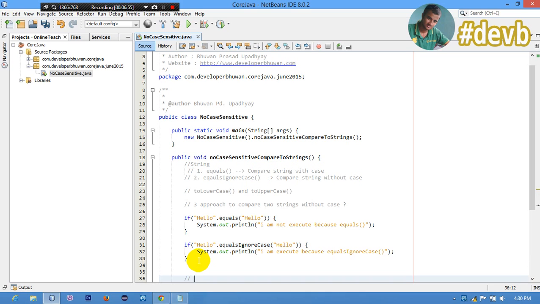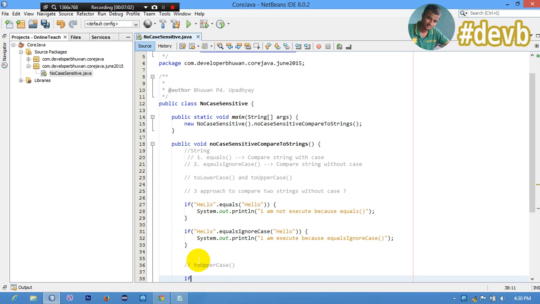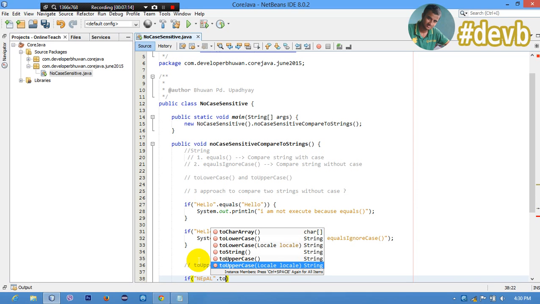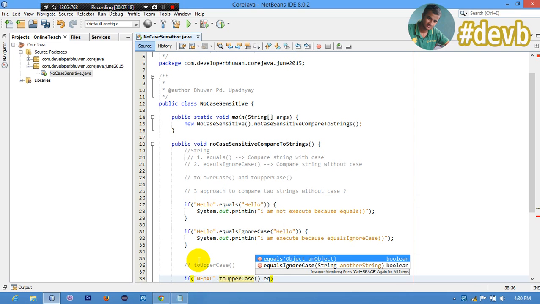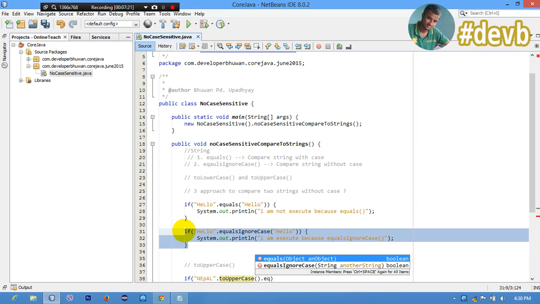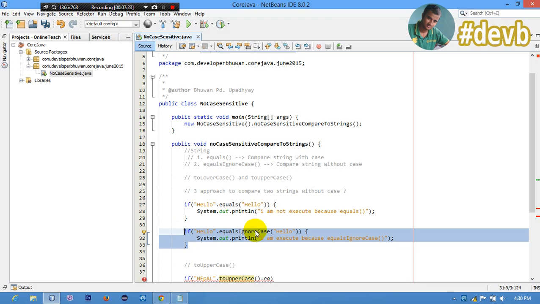One is toUpperCase. For example, if NEPAL.toUpperCase().equals, this is an approach to compare two strings without using equalsIgnoreCase.